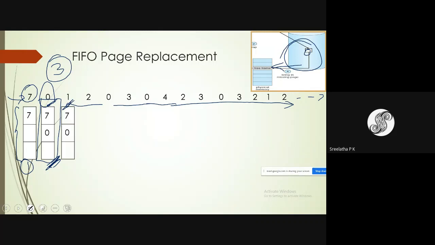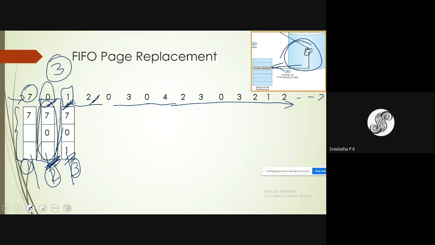Same, redraw it once again. Don't rub it, do the modification in the same thing, because the rectangle here gives us the number of page faults. Here is the first page fault, this is the second page fault, this is the third page fault, and so on. Required page number 1 is not there in memory, so it is a page fault. Bring the page from secondary memory to primary memory. So it is handled. Next, page number 2 is required.